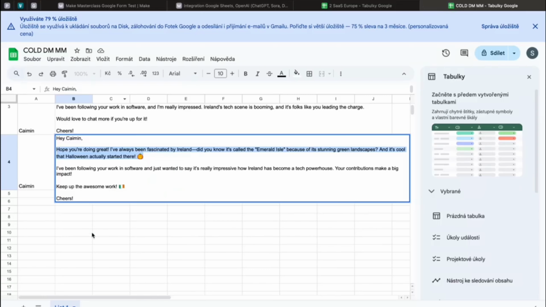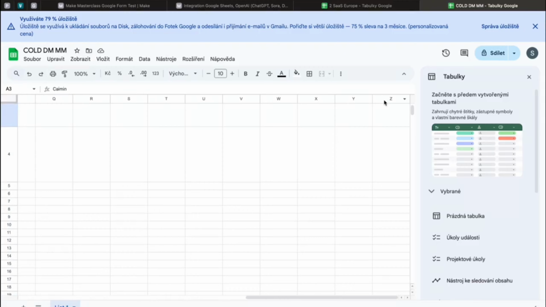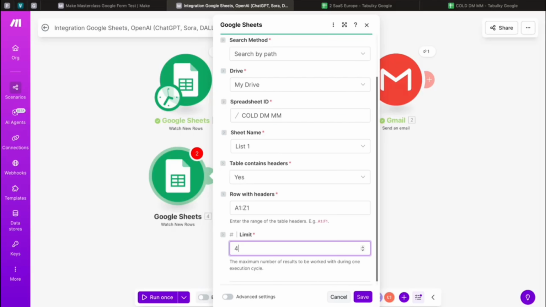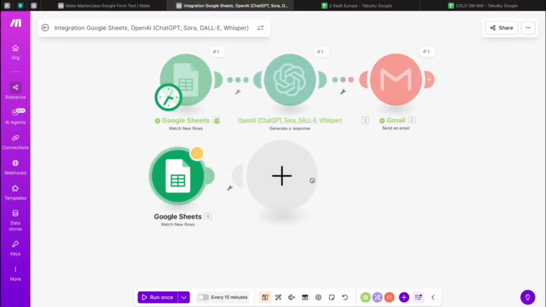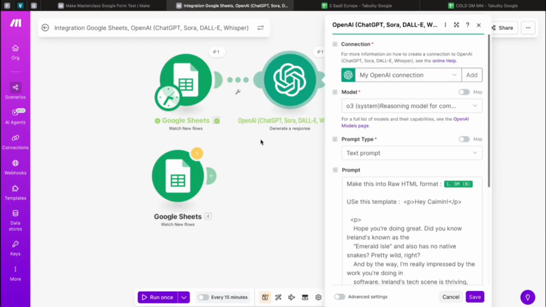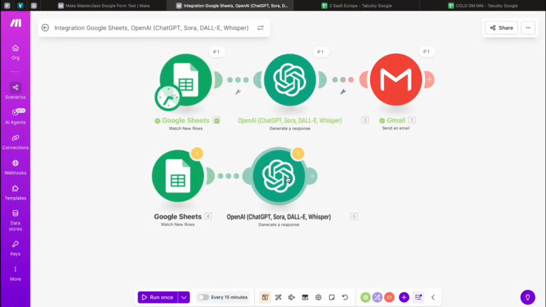This basically means we could only have A1 to B2 because we're only in these two, you know. So yeah, I hope you get it. It's pretty simple to understand. And the ID is all. Save, boom. Now the GPT, I can just copy this to show you, or clone this to show you exactly